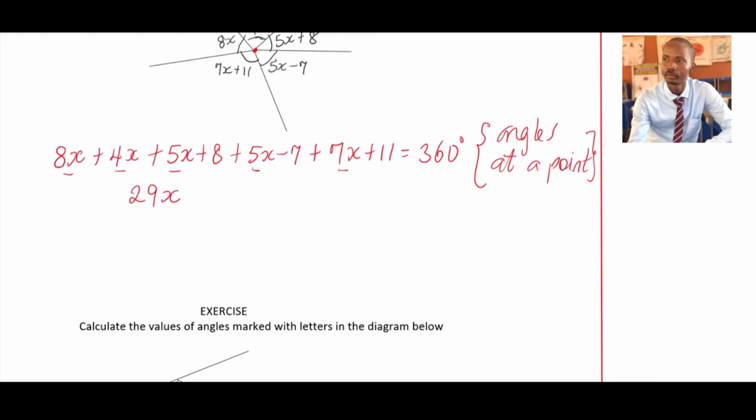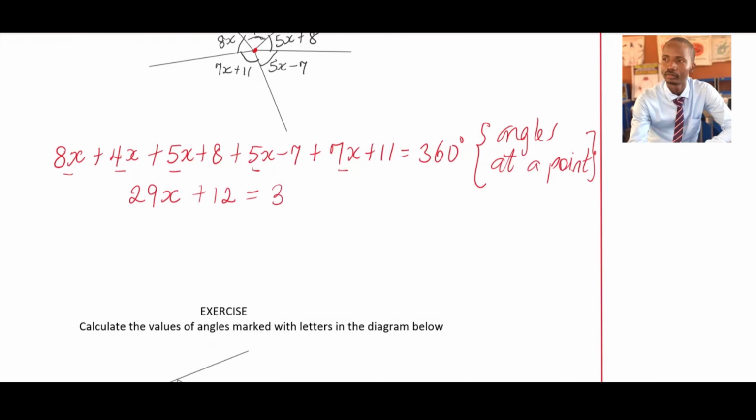Then let's add up the ones without x. 8 minus 7 gives 1. Then 1 plus 11 is 12. So 29x plus 12